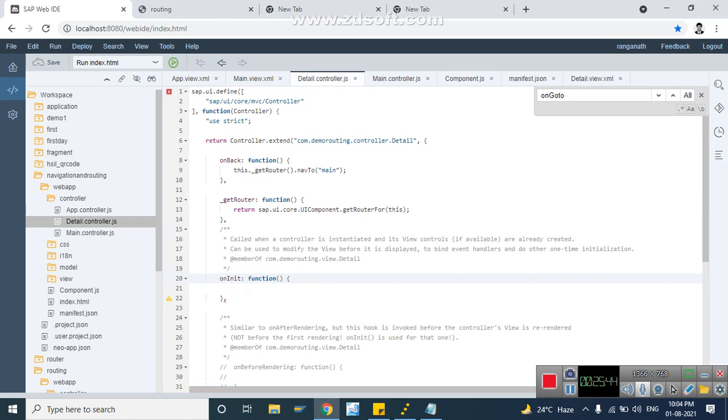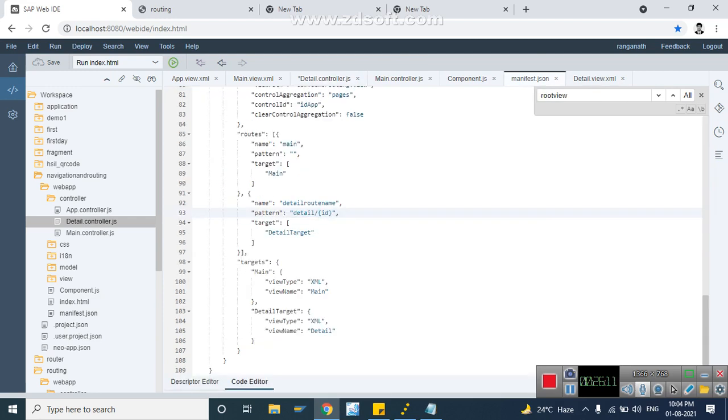Here we will say this dot get router, and then get route, from where you came. You are reaching the detail view, so the detail view will give the detail route name here.